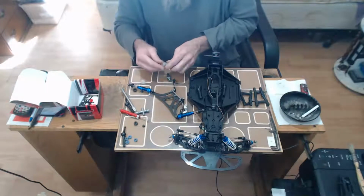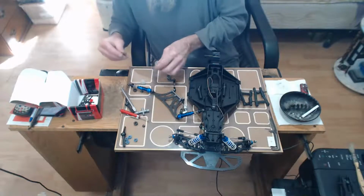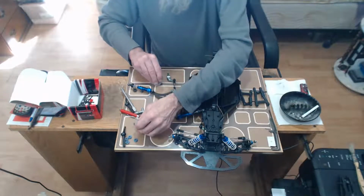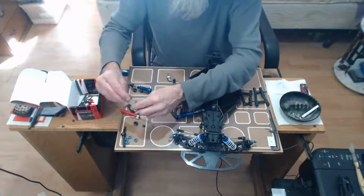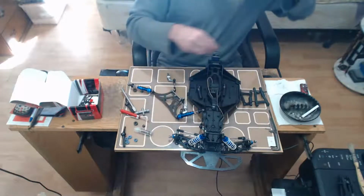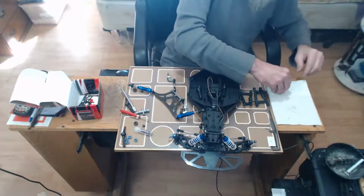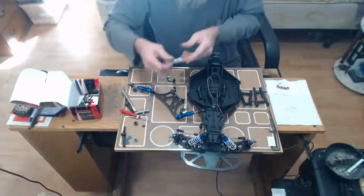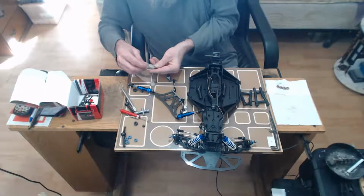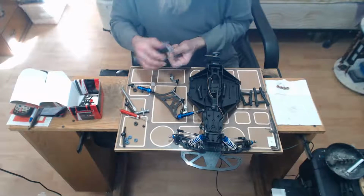So yeah, that's one of the things you want to do, and I'm going to do the same thing I did with the tranny, and clean these bearings off, spray them a little bit with my Moose Slick, and leave them set while I turn around and take apart the fronts. Actually, I'm going to go ahead and get those bearings out because I'm going to have to do those too. Anyways,